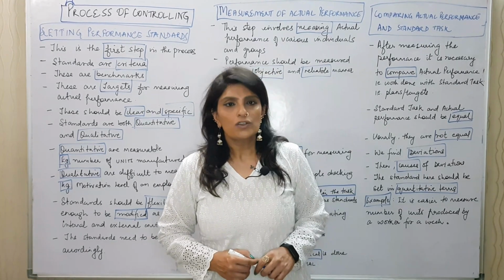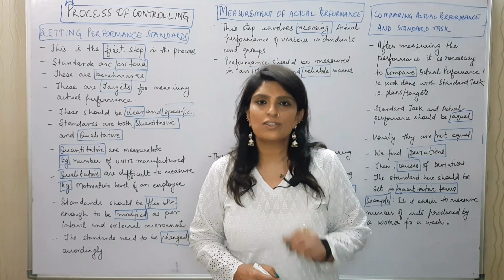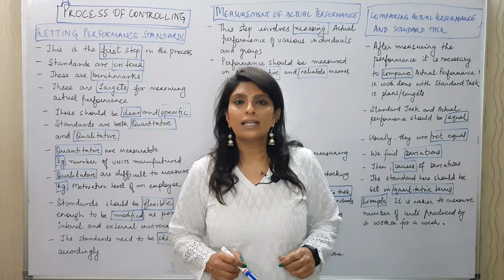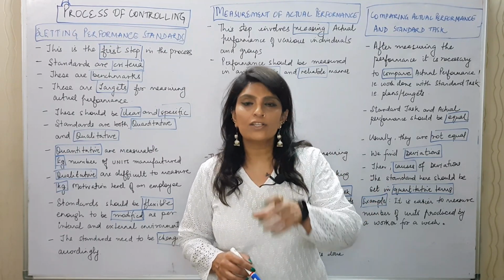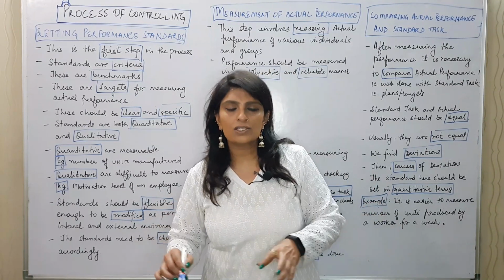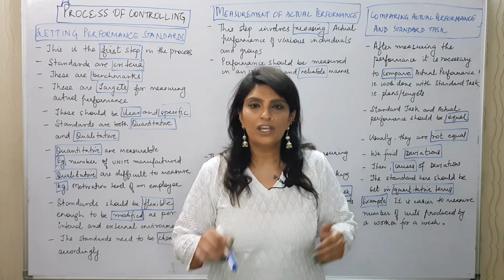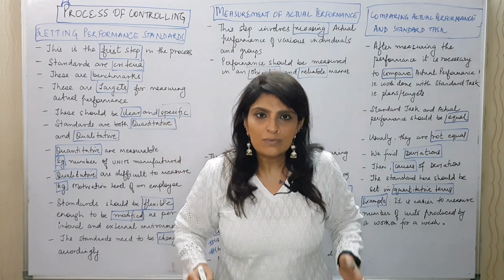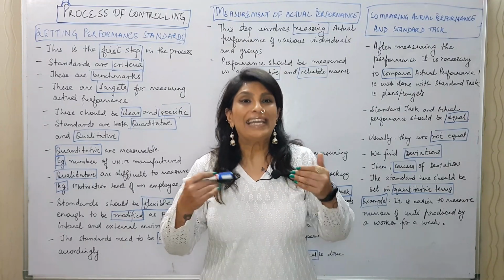Hi everyone. So we're continuing with the chapter controlling, and today we're going to start with the process of controlling. If you remember the meaning of controlling which we had done, that is the standard task and actual performance. Standard task means targets or plans, actual performance means work done. We compare actual performance and standard task. We want them to be equal. They are usually not equal. We find deviation, we find causes, and then we take the right action. When we did this meaning, we actually did the process. Now that process has to be elaborated.